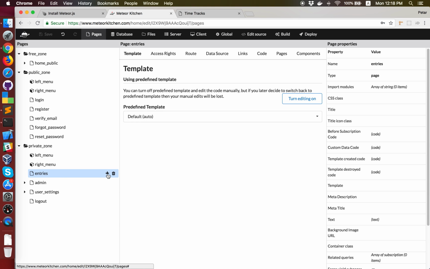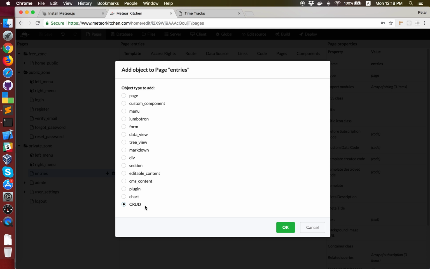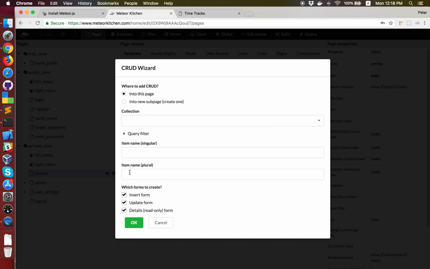I will add CRUD. CRUD is create, read, update, delete component. It's actually a table with insert form, update form, and delete and search functionality. Let's add one CRUD. Into which page? Into this selected page, entries, into collection entries. Item name singular is entry, item name plural entries, and I don't want the user to modify, so we will make only insert form and details form. Okay,